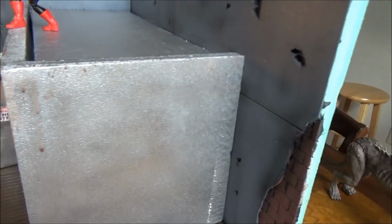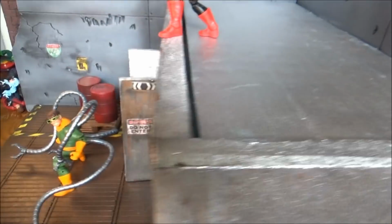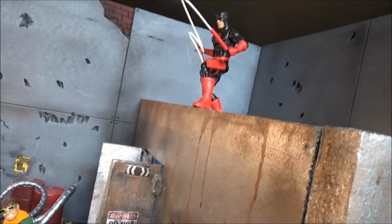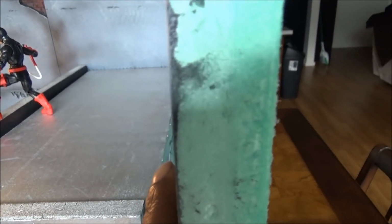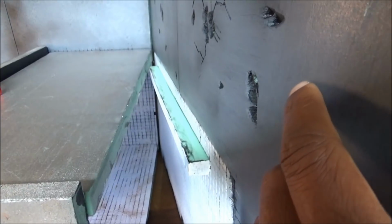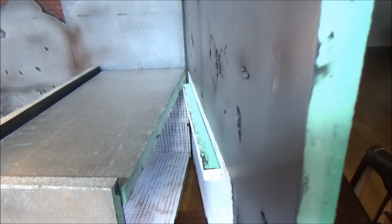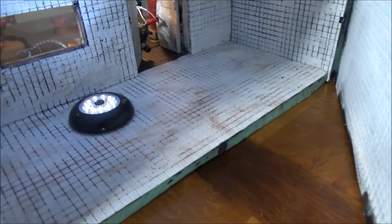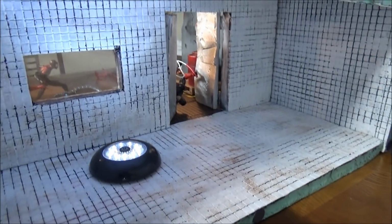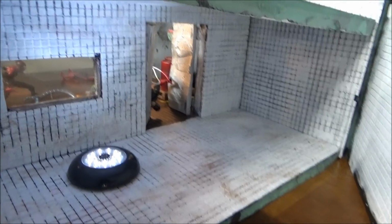And then, like I said before, you got angles. You got different types of angles you can shoot from, and I really do enjoy this dial. I'm gonna remove this side partially so y'all can, oh, there goes Daredevil. Y'all can see what I'm talking about. So you can also shoot from this angle as well. So yeah,